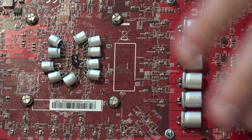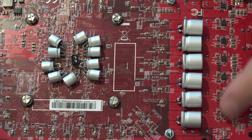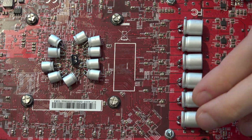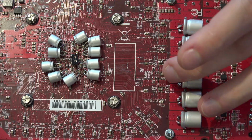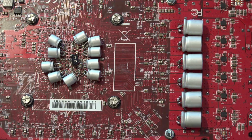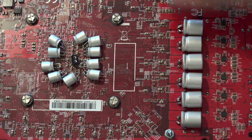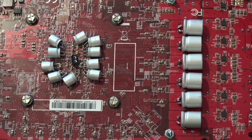For some stuff, because there's also switching noise from the voltage regulator itself, and you actually want to have capacitors to clean that up right off the voltage regulator. You don't necessarily want that traveling all the way down the power plane. So it's not like you would want to have no capacitors right by the VRM, though there are some cards that basically do that, like AVGA